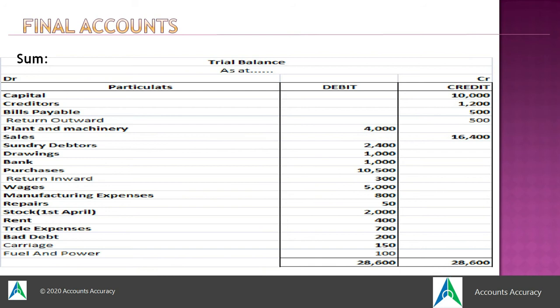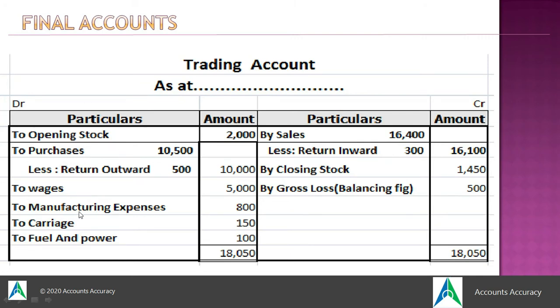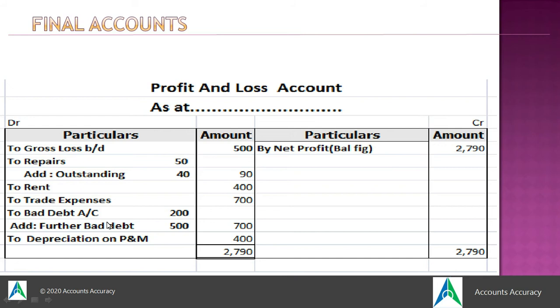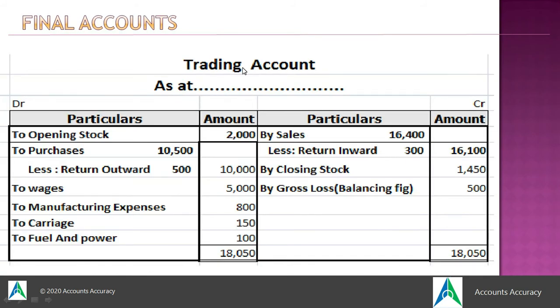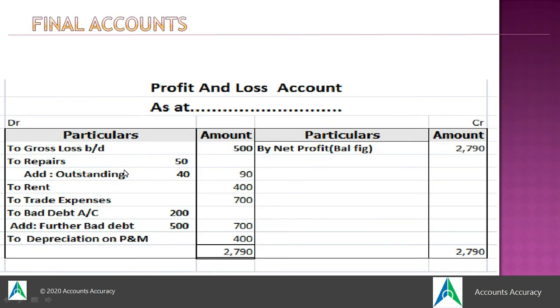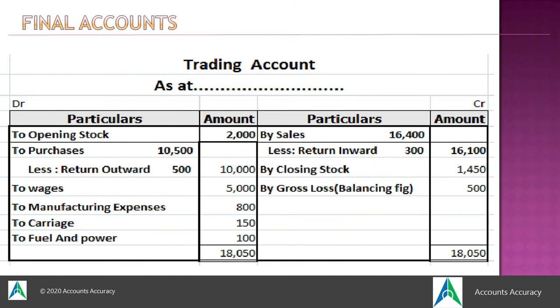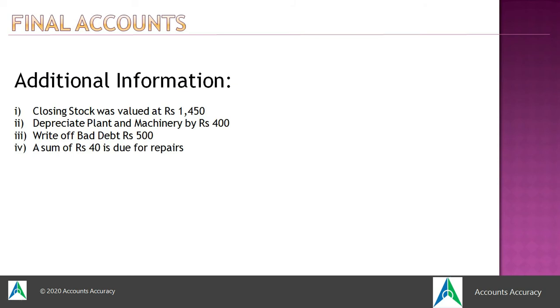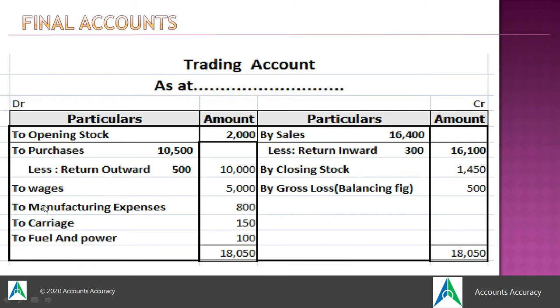Then we have manufacturing expenses. You have to remember that manufacturing expenses are expenses which are shown in the trading account, because this is a factory expense for manufacture of goods. So this is a direct expense. All the factory expenses we show in the trading account, and indirect expenses, that is, whatever expense takes place after production, are shown in the profit and loss account. So this manufacturing expense is a factory expense, hence it will be shown on the trading account debit side. All expenses should be debited. Direct expenses we have to debit in the trading account.